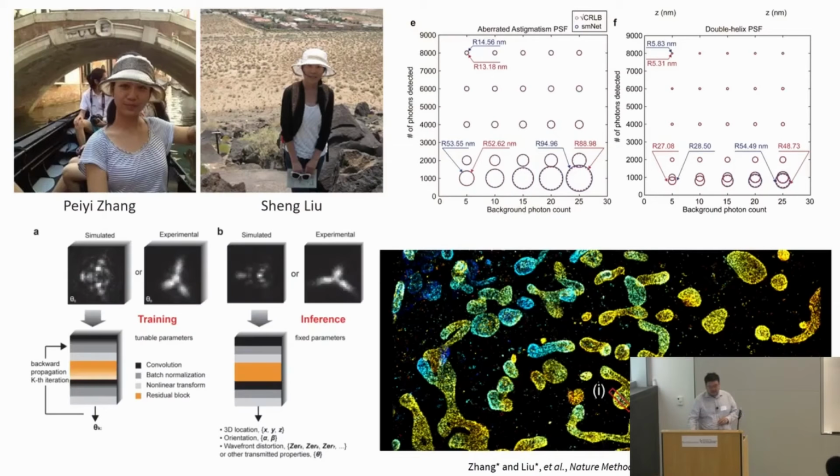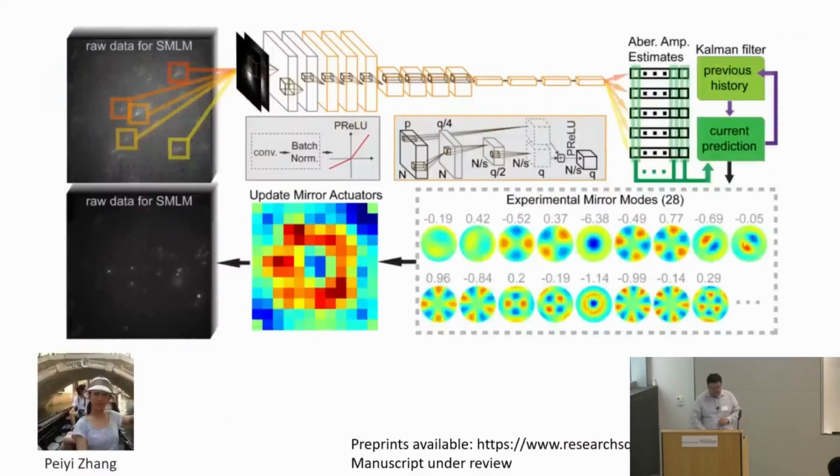And we can also do this with biplane and with double helix. And here is the deep learning localized single molecule mitochondria data set, which is of very high quality. However, we moved on from there,